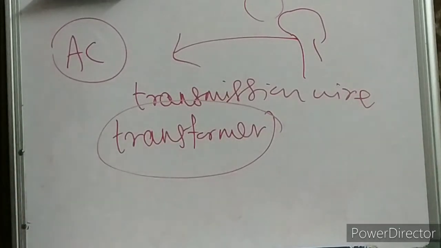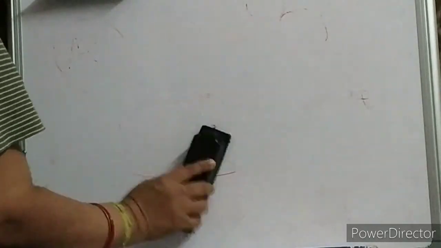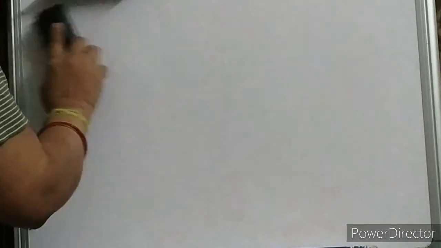Okay, children. Hope this lecture will help you to understand AC and DC in a better way. If you have any doubt, children, you can leave a comment so that I can address your doubts. Okay. In my next lecture, we are going to discuss generators, children. Hope you have understood the class.